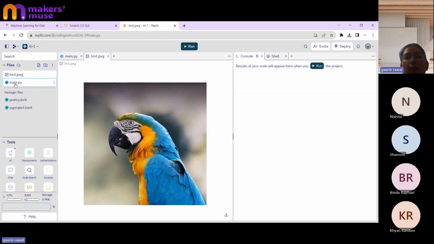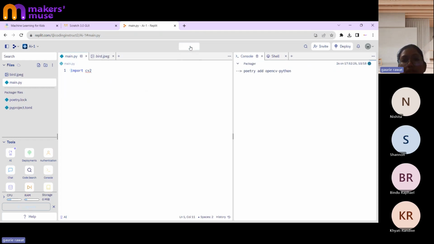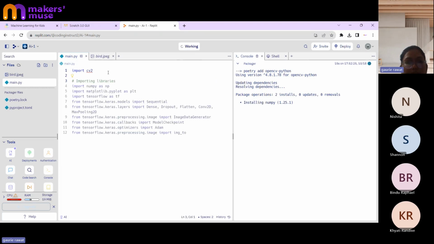Now I want the computer to read it. So I need to import my CV library first. Import cv2. Okay, I run it. The first time I run this library, it may take a little time to load, and that's the reason I've loaded this library directly. Now the next thing after loading this library is to read the image. So let it load, then I'll code it further.